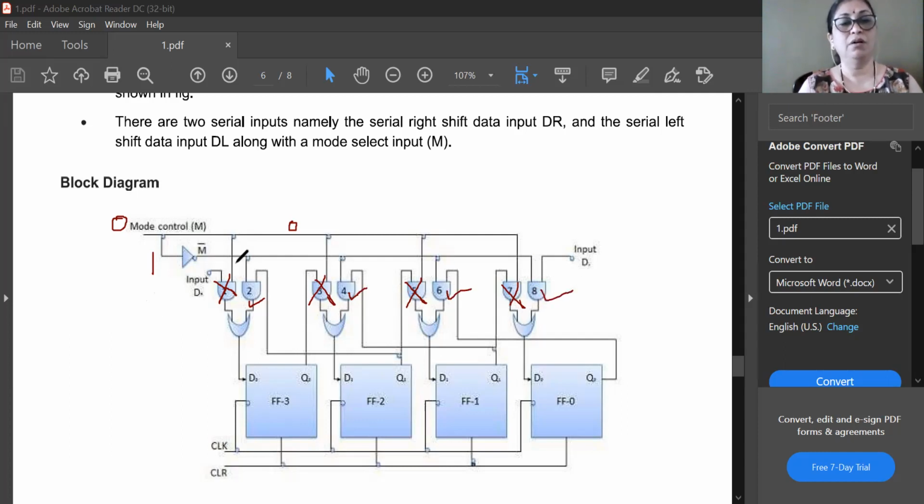Now let us see how the circuit goes here. One of the inputs of AND gate number 8 is 1, and its other input is D0. This D0 is applied at the D input of the first flip-flop, the D0 flip-flop. Now what happens here? You can observe the Q0 output will be applied